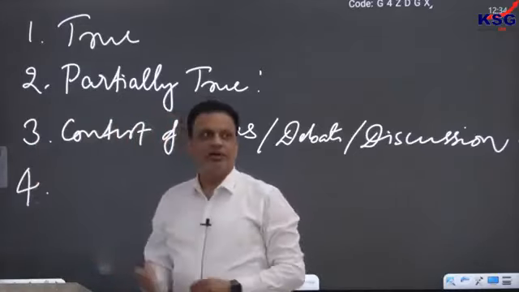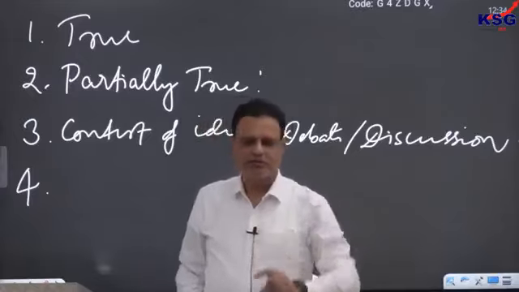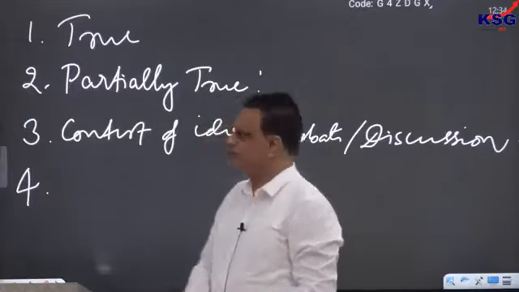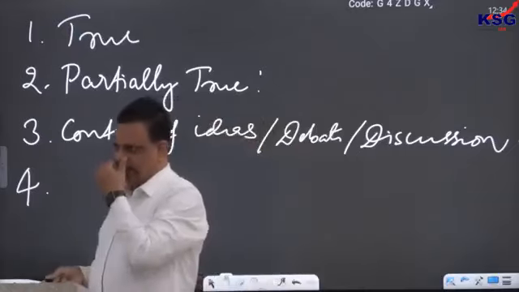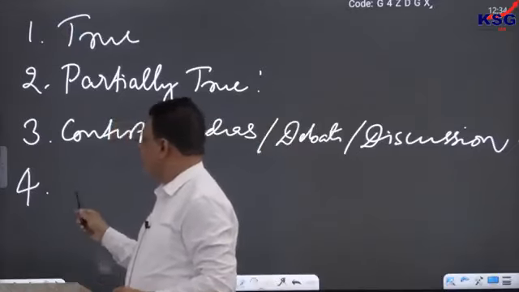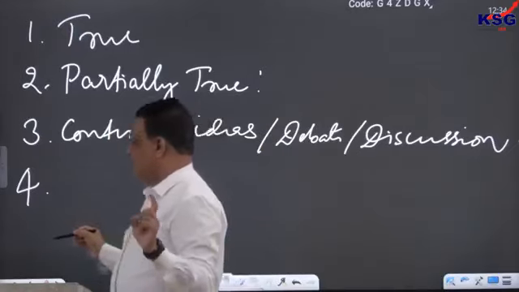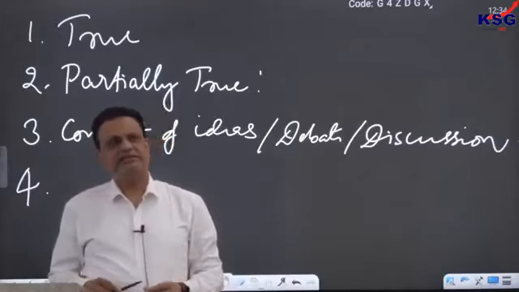So that is the third one. And then after that, one more thing we will talk about, write down further, fourth one. So that is all about the contest of ideas or things like that. Fourth one, write down. A society that suppresses dissent,